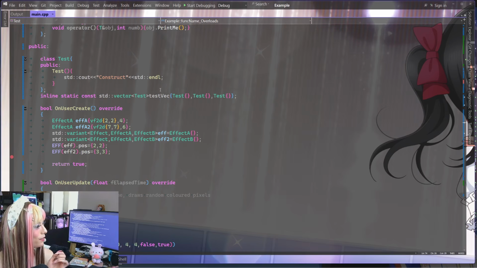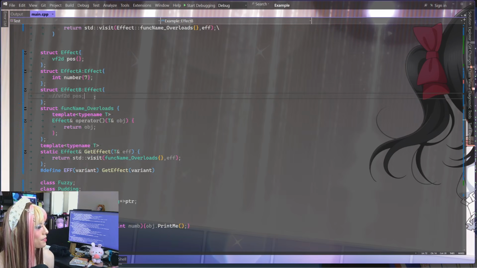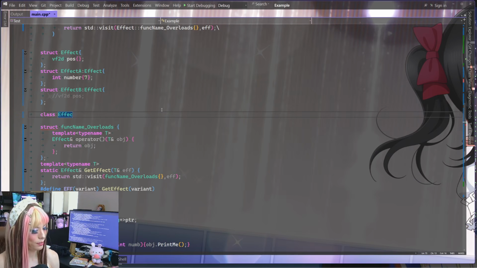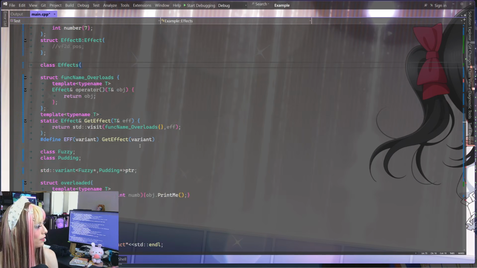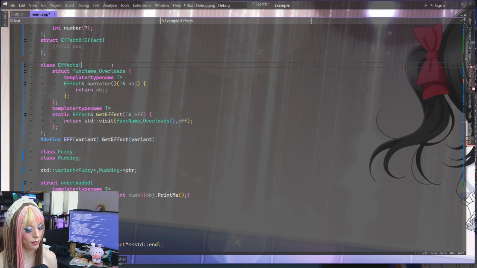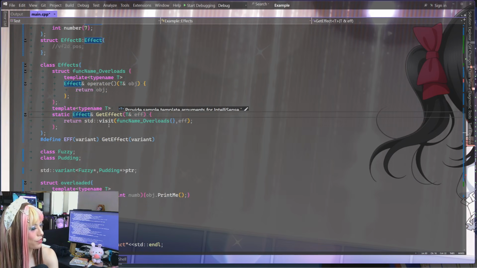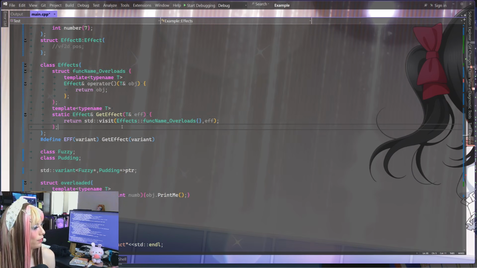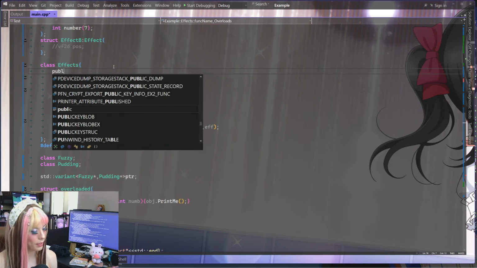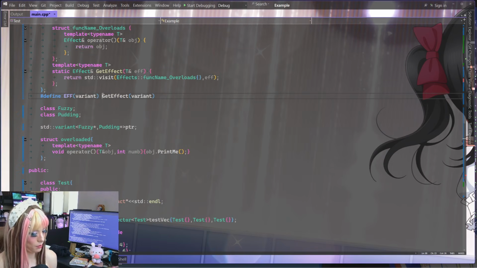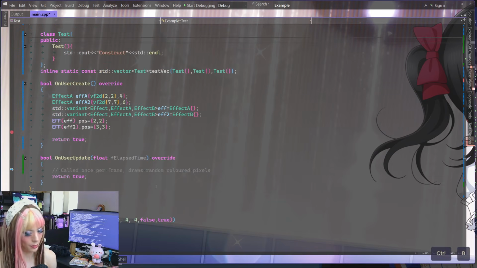Like, let's say we had another class inside of this. I guess that would be a way to emulate that, in a sense. On, like, effects or something. And then these exist inside there, right? And it's like... How does it know these are the functions that exist inside of effects? If I had to do it like this. I don't know if it does. Also, I guess these would have to be public or something. Like effects, get effect. It would look like this, right?